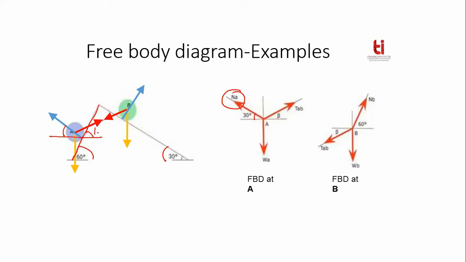See, this angle is 60 degrees. So this angle will again be 60 degrees, and this whole angle is 90 degrees. That means this remains a 30 degree angle. That's why you are getting 30 degrees here. Similarly, you can find 60 degrees corresponding to this ND value. It's very simple. Just draw a horizontal line here. This angle is 30 degrees, so this angle will also be 30 degrees, and this whole angle is 90, so this will be 60. Is it clear? Yes, sir.